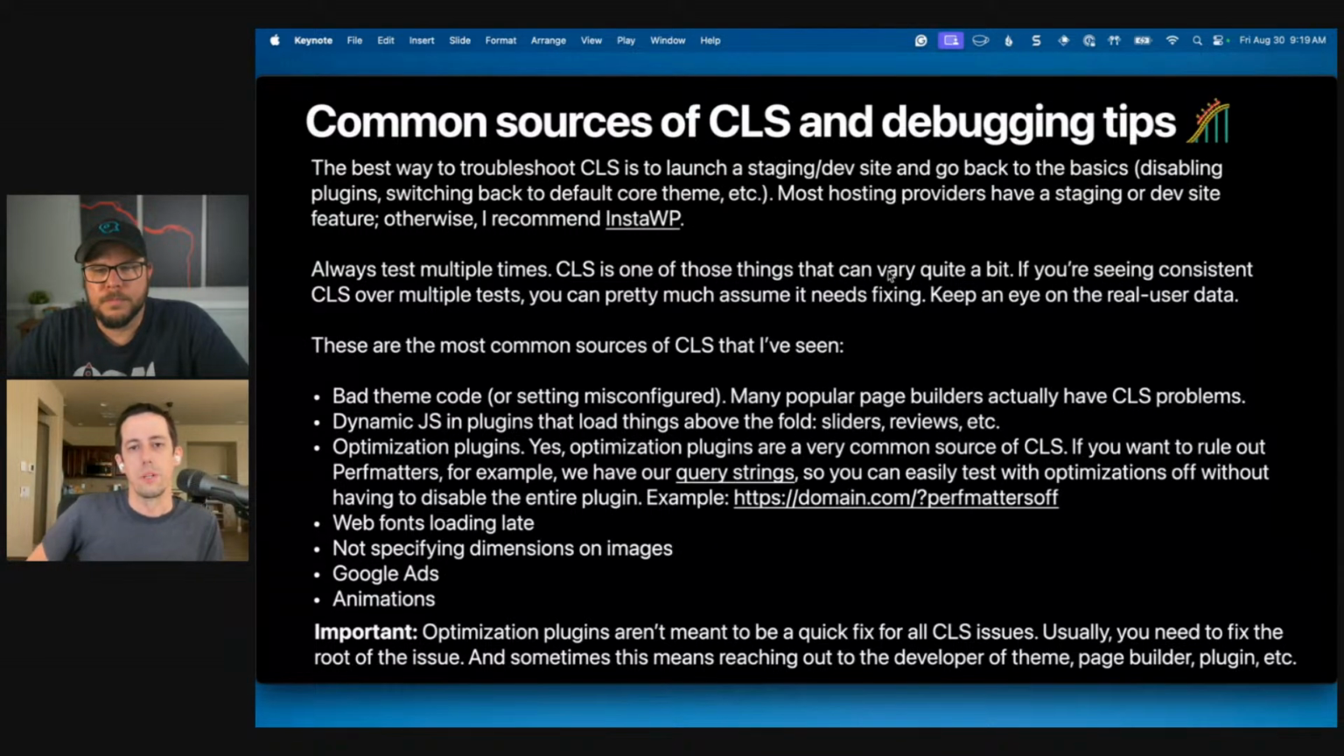Okay, so common sources of CLS and debugging tips. I realize there's a lot of text in here, but